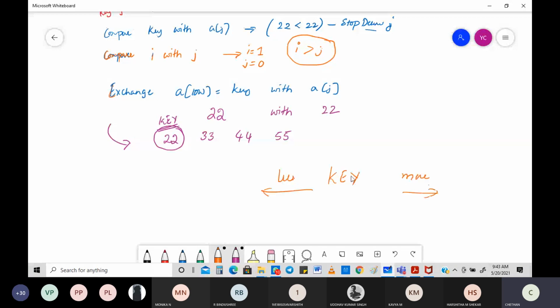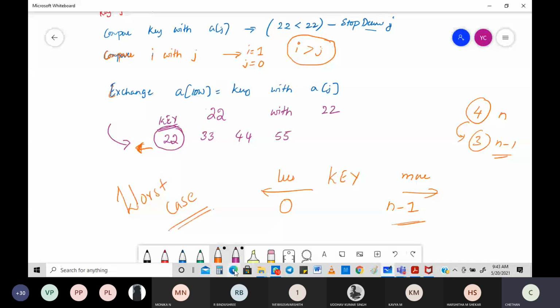Towards this side, there are all the full elements. What full elements? Can I write this as n minus 1 elements? Why? The number of elements was 4. Towards the right side, how many are there? 3. If I take this as 1, this will be n minus 1. When do you think this will happen? This is my worst case.